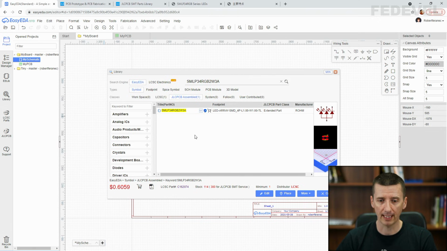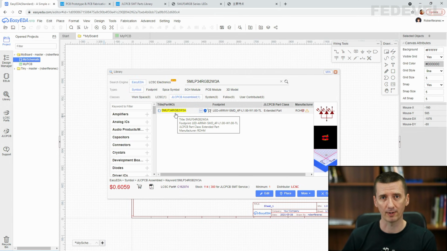What is important is this SMT icon, which says assembled, because this means that when we order the PCBs and ask this company to assemble, to fit the components, then this LED is available for this service, so they can fit it.